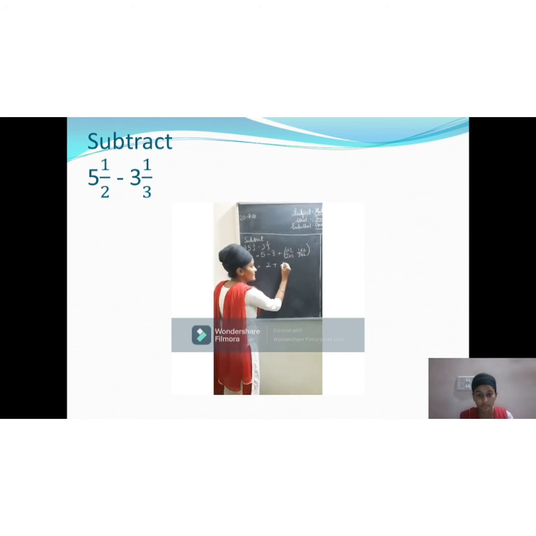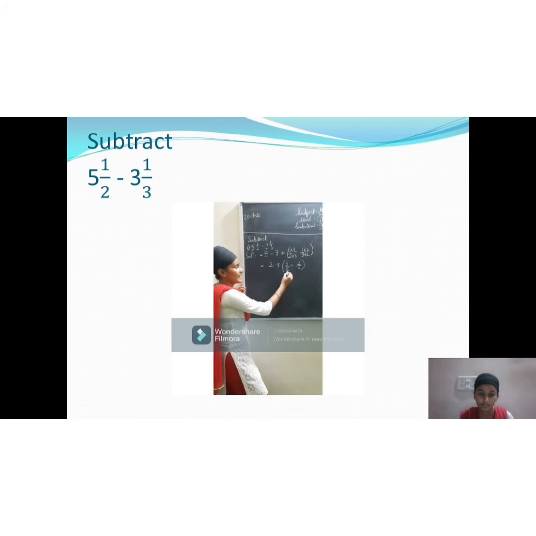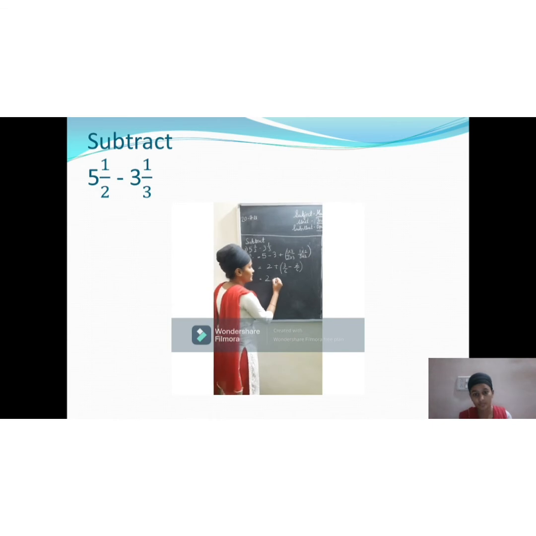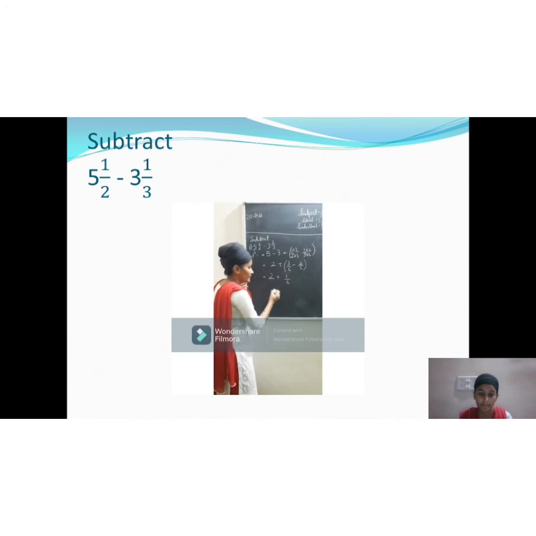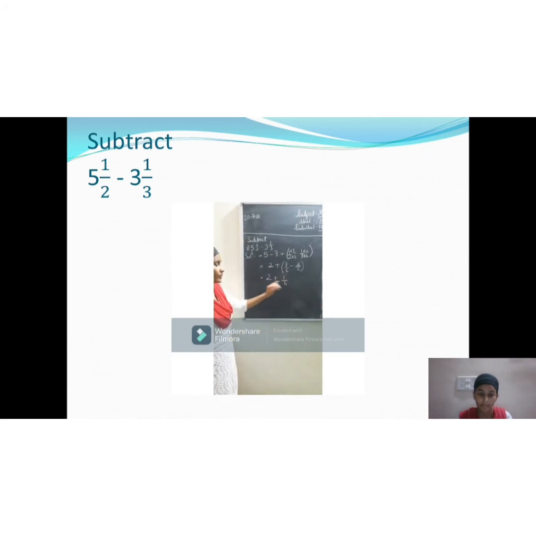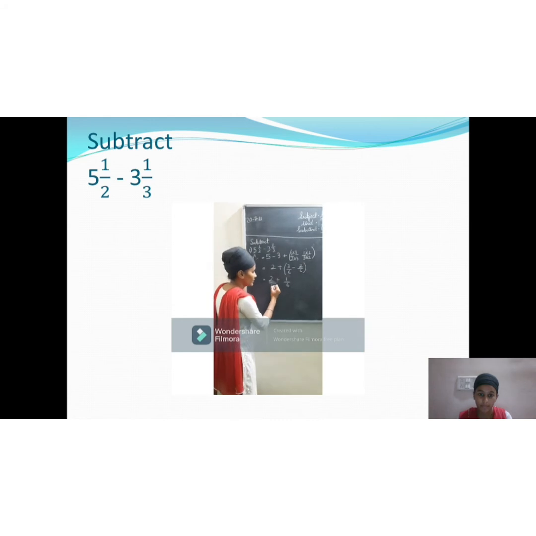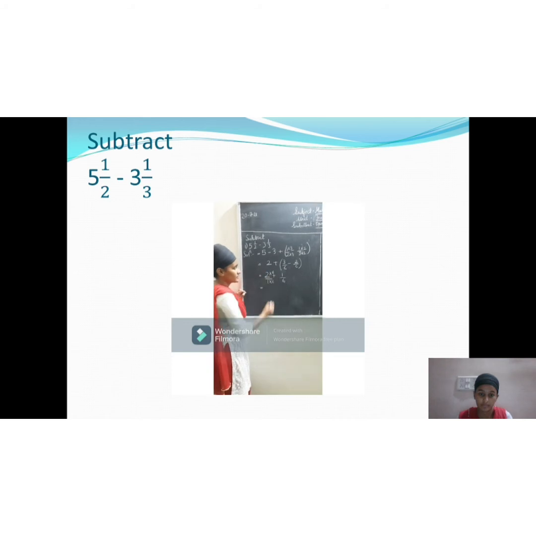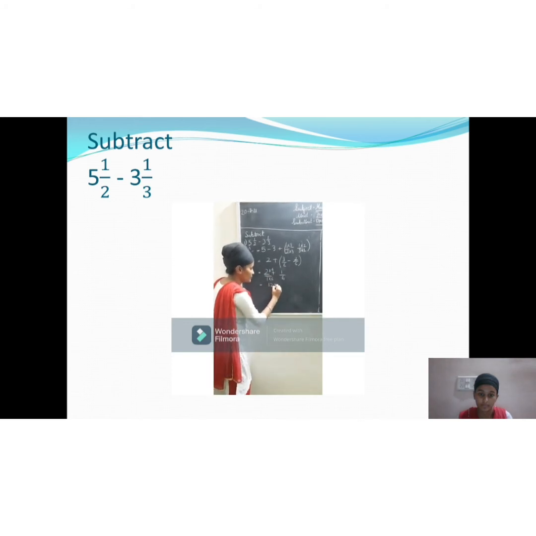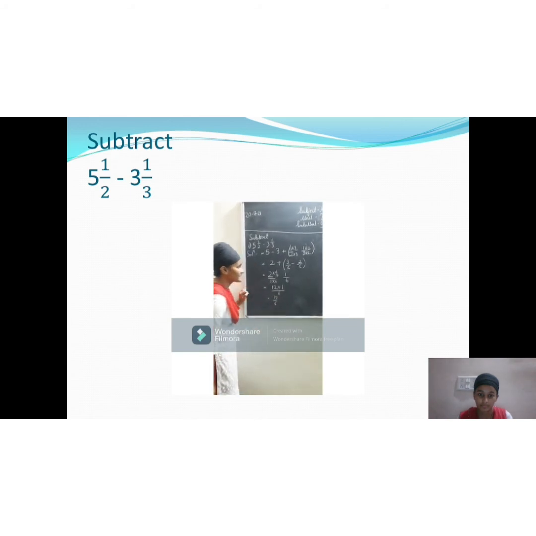Now let us see 3 upon 6 minus 2 upon 6. Now see, it is a like fraction now. So now it will be easy for you to solve, right? So 3 minus 2 is how much? 1. And this is 6. Now see, this is 2 plus 1 upon 6. Again you will multiply, 2 into 6. 6 2s are 12 plus 1 upon 6, which is equal to 13 upon 6. Okay, this is the first method.